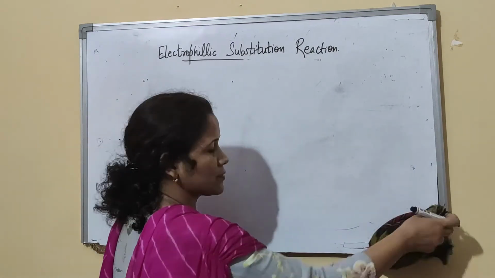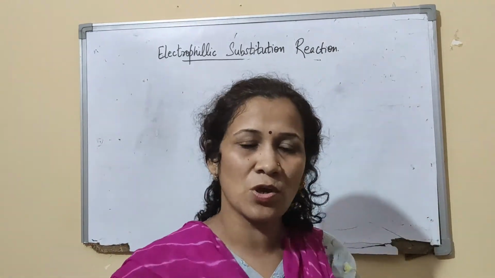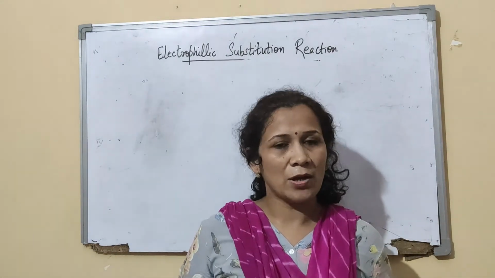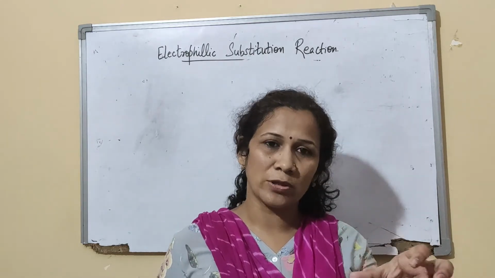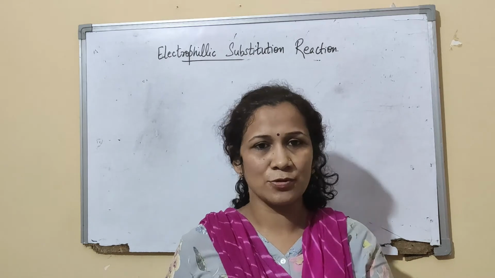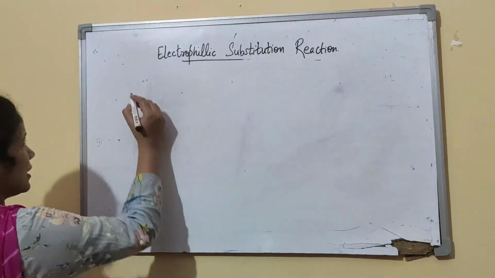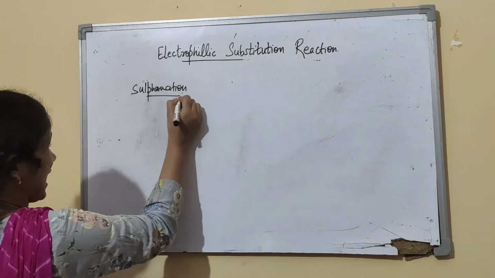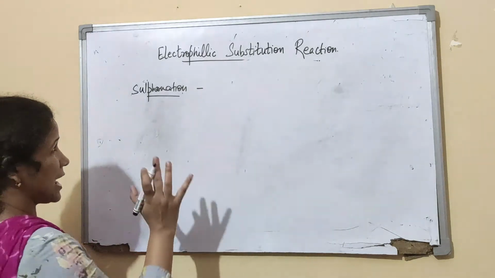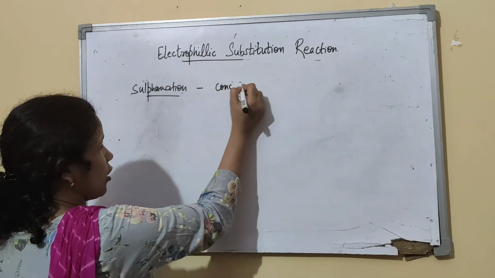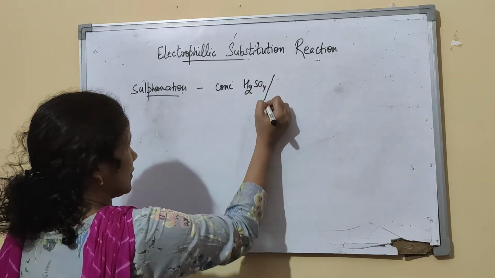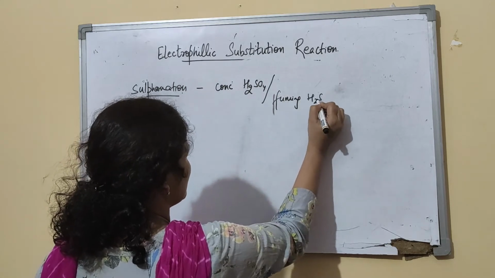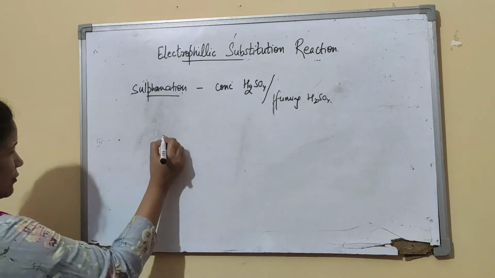In nitration, only two things were important: it should take place in the presence of concentrated H2SO4 so that you generate the nitronium ion, and always the nitronium ion will get attached at the ortho position and para position, right? Coming to sulfonation. Sulfonation, we talk of the reagent, because this is a deactivated group. Chlorobenzene is a deactivated group. For sulfonation, we take conc H2SO4 or we take fuming H2SO4, also known as oleum.